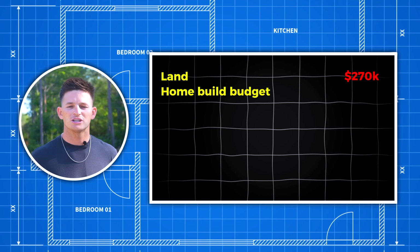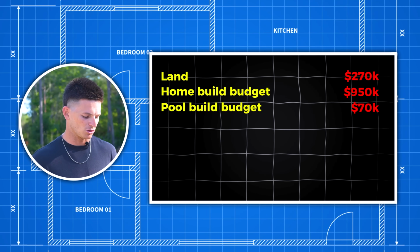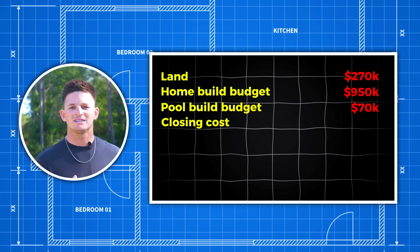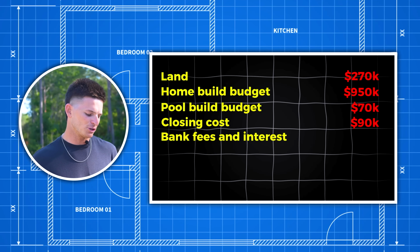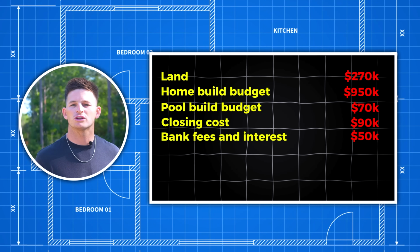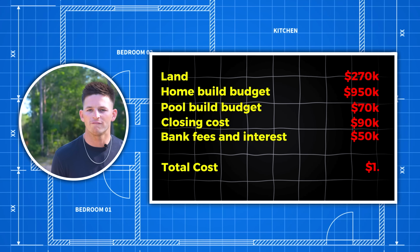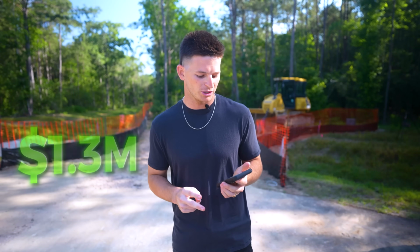The home build budget is currently $950,000. The pool build budget is $70,000. The closing cost when I sell the home for the realtor on the other side and the title cost will be around $90,000. The bank fees and interest should be around $50,000 for the construction loan I obtained for this project, bringing my total project cost to $1.43 million. Hopefully by January 1 of 2026, I'm gonna put this house on the market for an asking price of $2.2 million, sell it fast, and that'll leave me with a net profit of